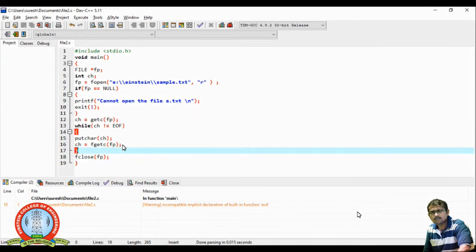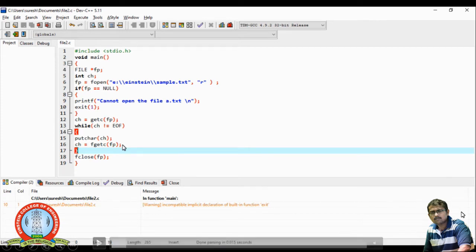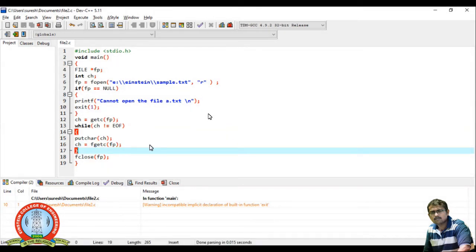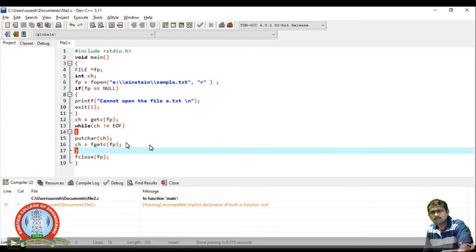Now, moving on to the next one. In this case also we have the same file, sample.txt, in read mode, and I am going to read its contents. The function I am going to use here is the fgetc function. So instead of using the getc function, I am going to use the fgetc function.